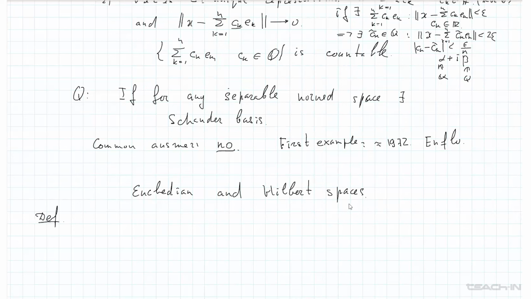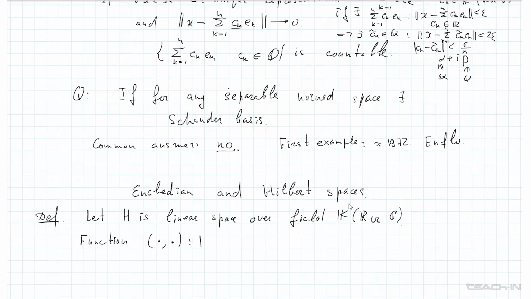And for Hilbert and Euclidean space, I use another letter. Let H be a linear space over a field, as we say, K, which is R or C. And a function of two arguments, from the direct sum H on H to our field, is an inner product or scalar product